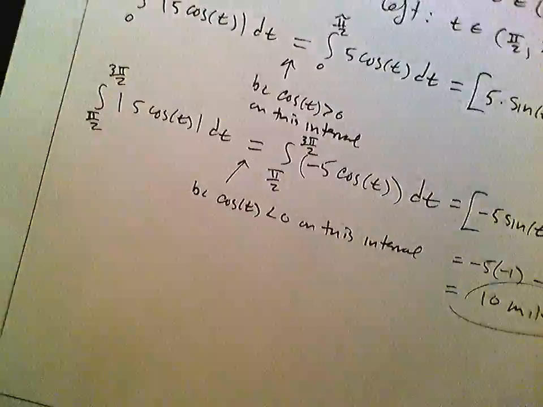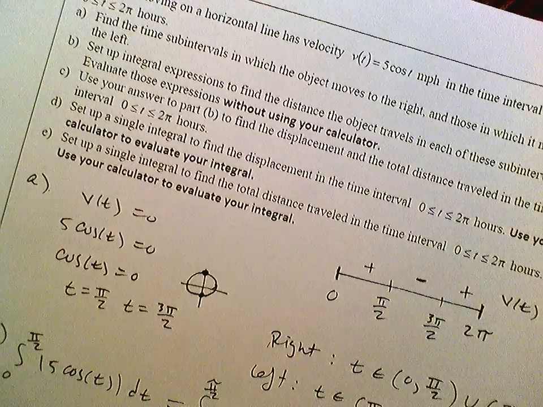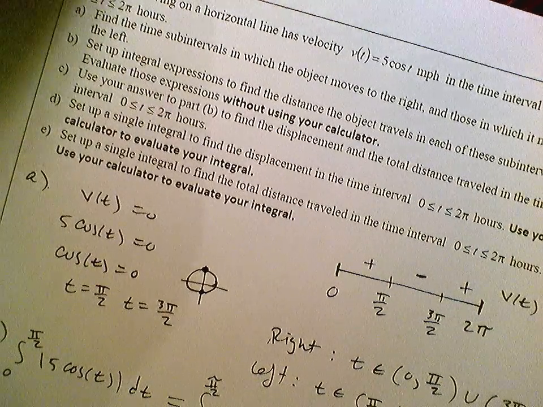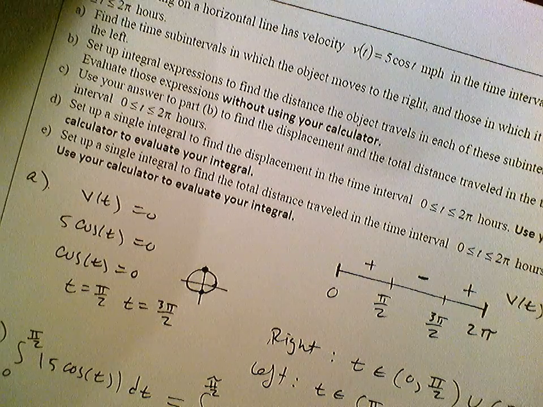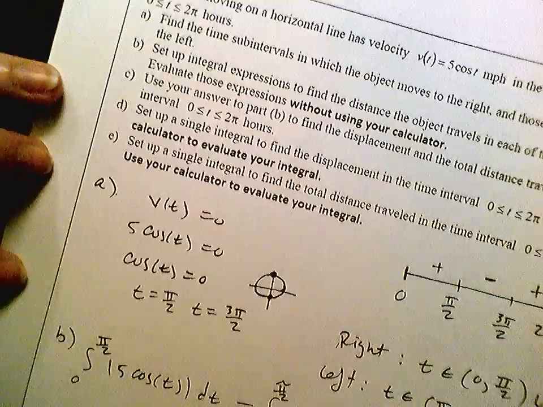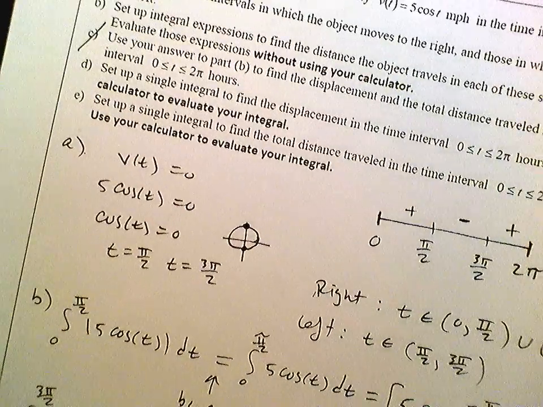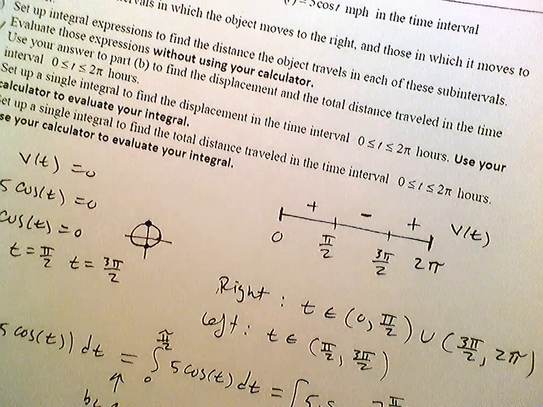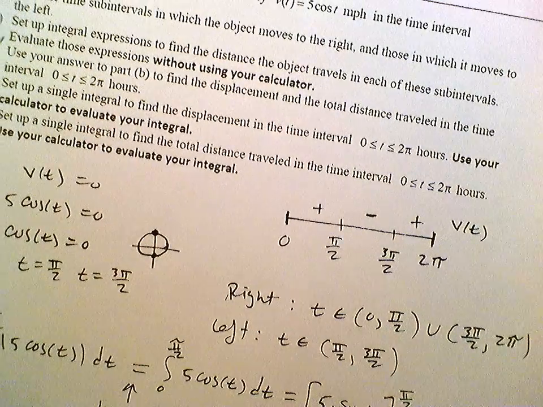All right, now, use your answer to part B to find the displacement and total distance traveled in the time interval. Actually, this is probably worth it. No, never mind. Okay, we're going to skip C. I think it would have been worth it, though. And now D. Set up a single integral to find the displacement within that time interval, and we will use